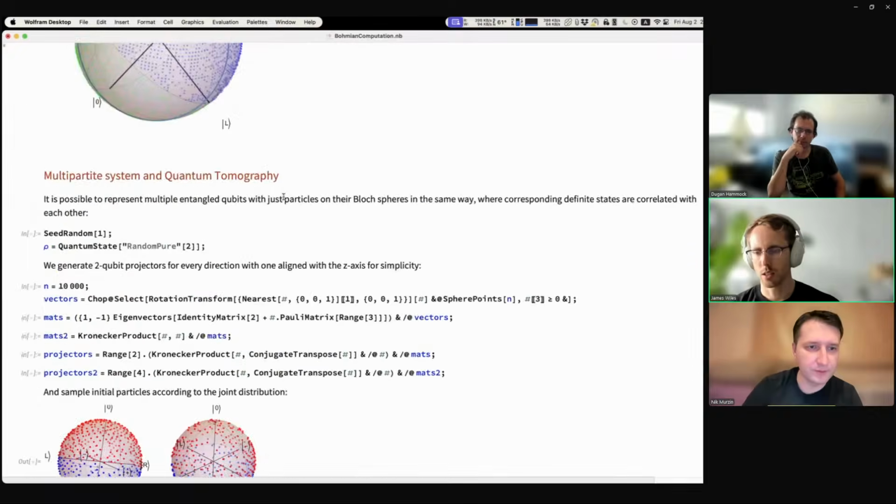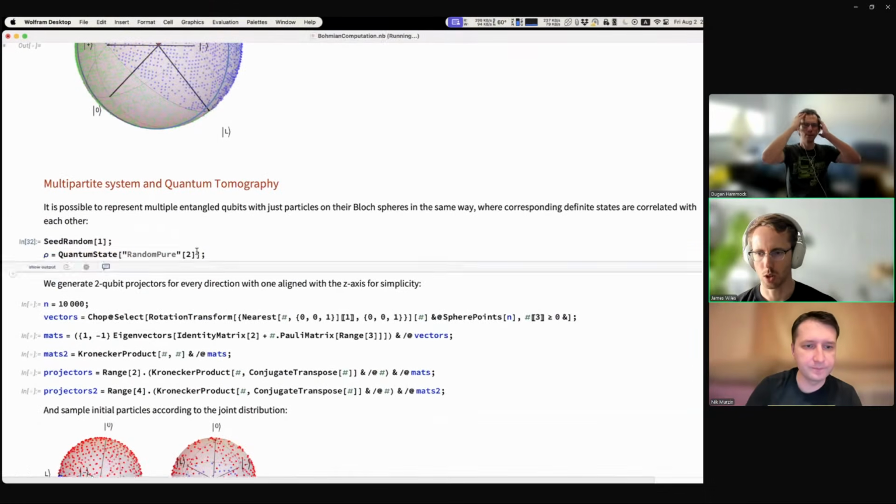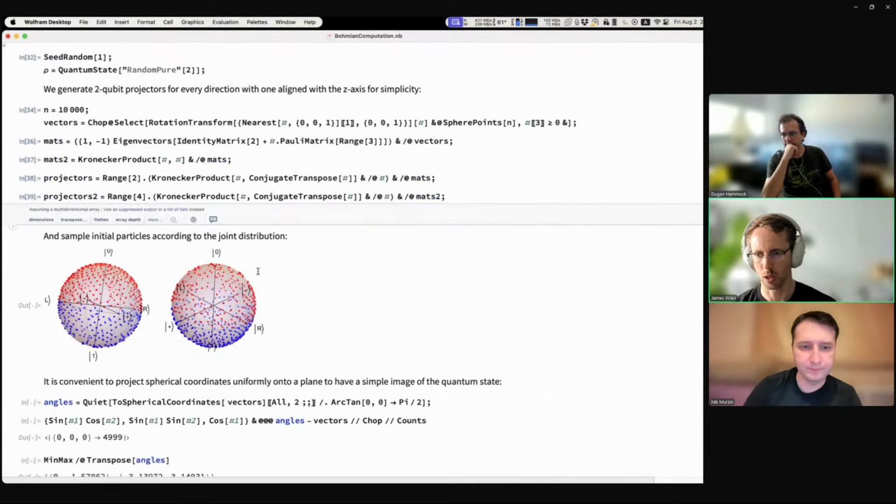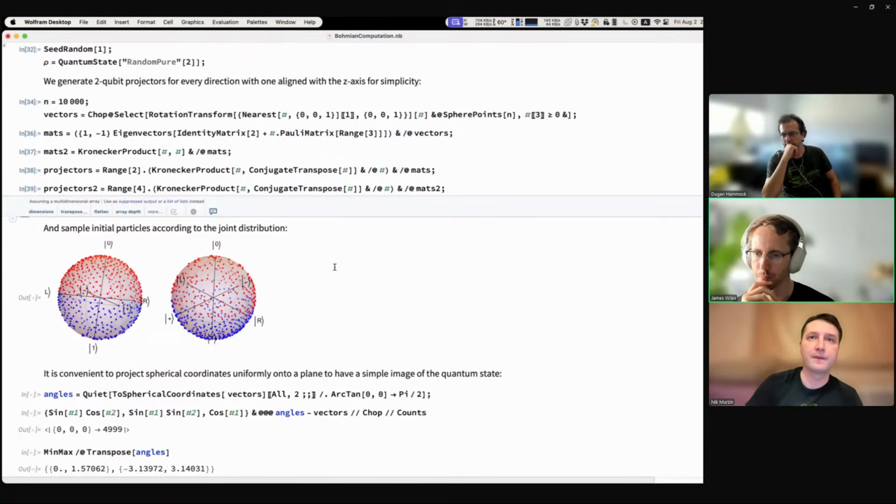So just to check the understanding here. You've got two Bloch spheres. So are these two different qubits, or how does it work? What's the requirement? Just a 2 qubit state, which is entangled. It's like a Bell pair. Okay. Right. So